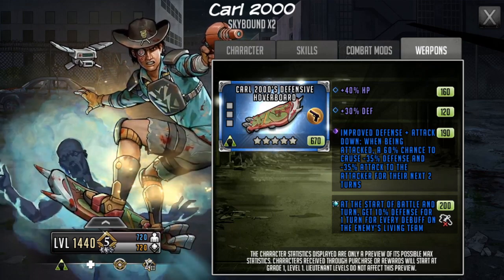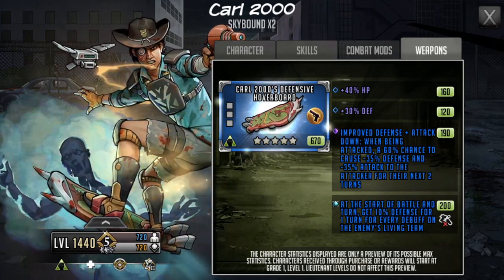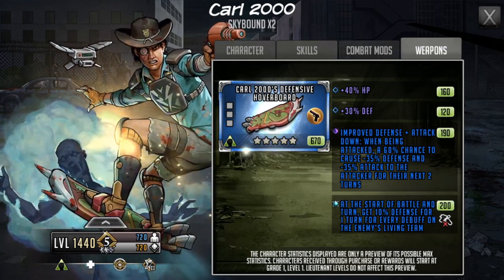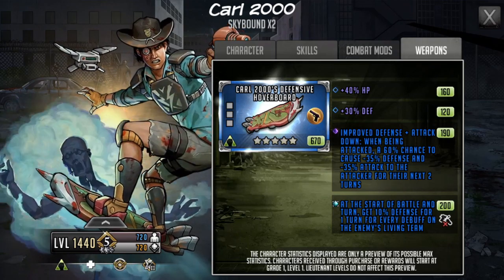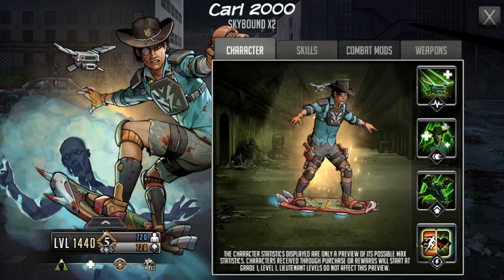And it's not like the 3rd slot is terrible in terms of what it actually does. 35% attack down is problematic for attack teams. Defense down even is problematic, because they will get massively nuked because of this. If he does his guaranteed crit against someone who has minus 35% defense and an attacking character, they're in a lot of trouble. So that is Gold Mythic Carl 2000, and like I said in the intro,